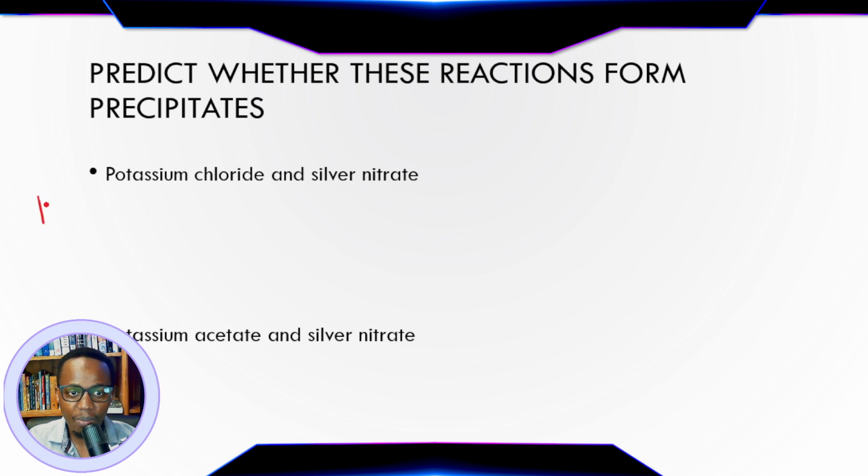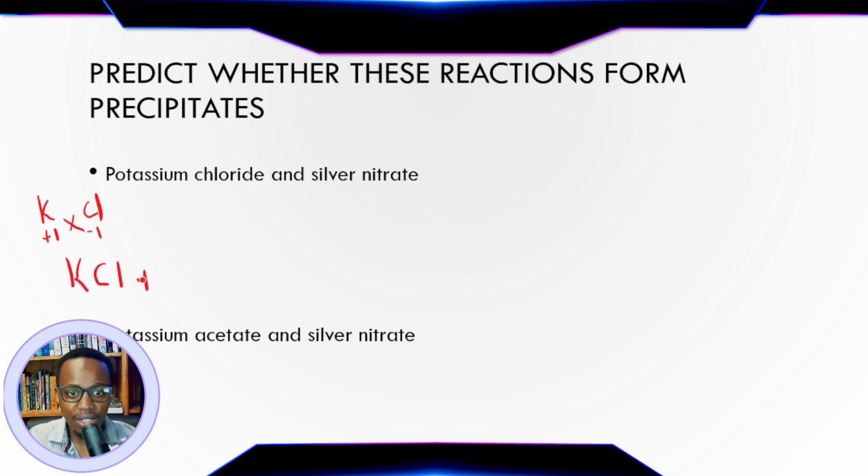Potassium chloride, and remember, before you write it down, you have to write down the cross rule. Potassium has +1, chlorine has -1. So potassium chloride is just going to be KCl here